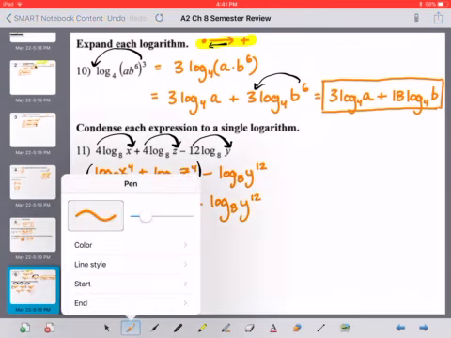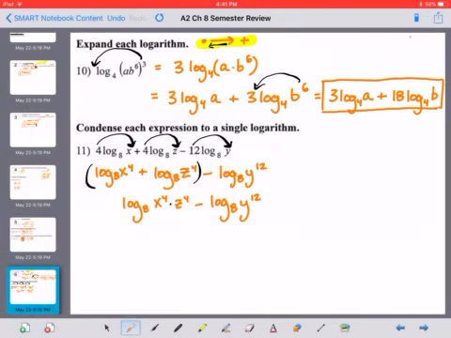And then another rule we should remember is that division expands into subtraction, and subtraction condenses into division. So this is another rule that we used. So if we want to condense this